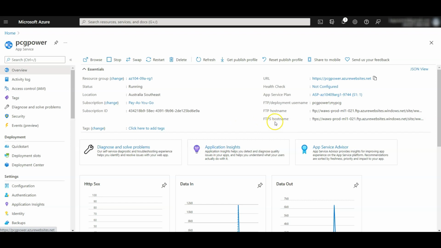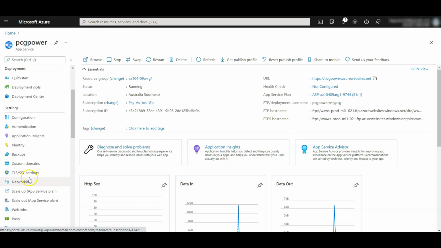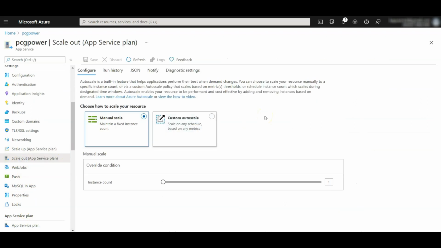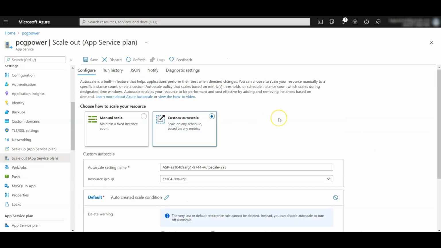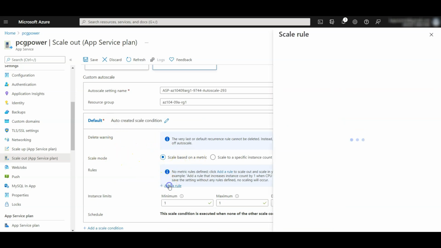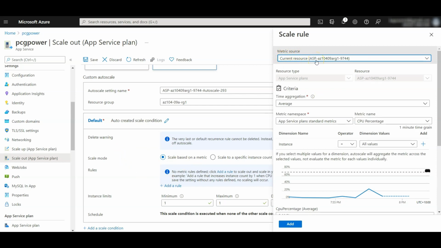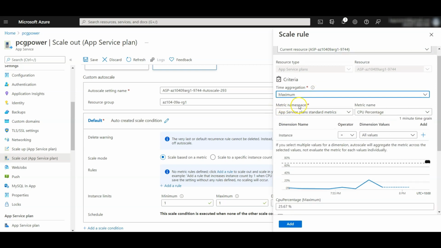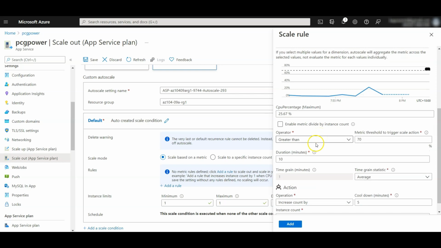Now in the settings section, click scale out. Let's search scale out, click this. Now click on custom auto scale, leave the default option scale based on a metric and click on add a rule here. Metric source as current resource and time aggregation as maximum. Metric namespace as app service plans, standard metrics, and this one as CPU percentage, operator greater than 10,